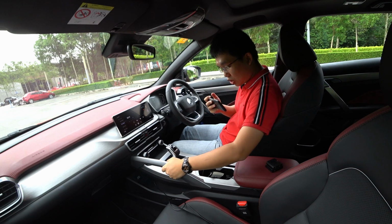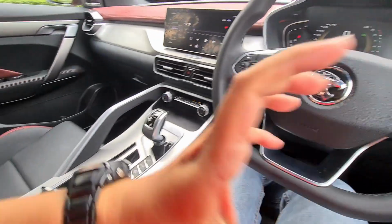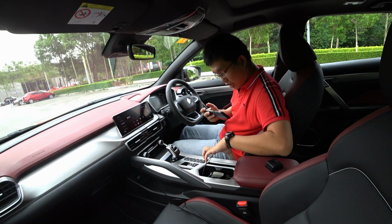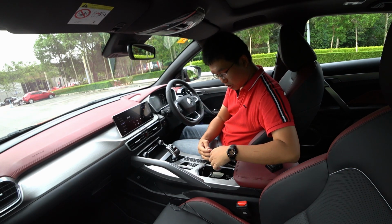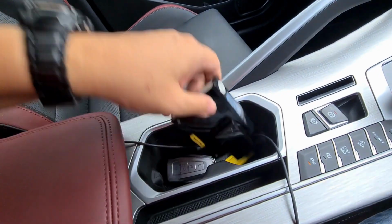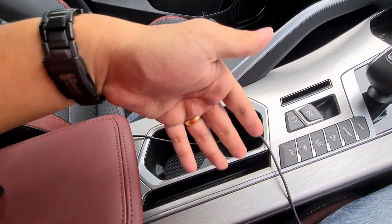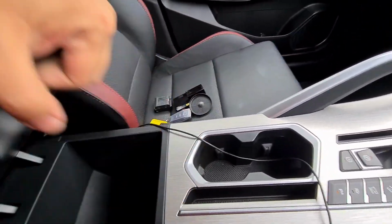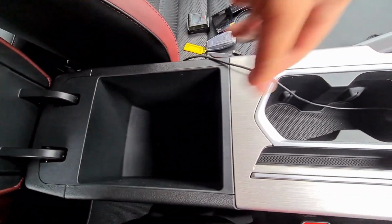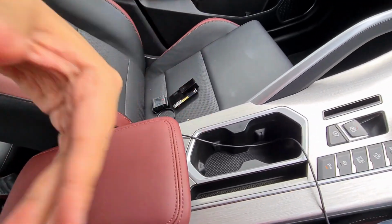You've got this grab handle here as well, that emphasizes the X50's SUV positioning. Here you've got the electronic shifter that was first seen in the X70 CKD, and here this tray is sized just right for your mobile phones. This one here as well, but because of the positioning of this lid, my Samsung does not go in fully. Here you can see all these compartments. They are rubberized, so when you put things here, they don't slip about. Similarly here underneath, this center console box is a deep box but nothing in there, but there's a slot in here whereby if, let's say, your key fob runs out of battery, you put your key here so that the car can read the signal from the key fob